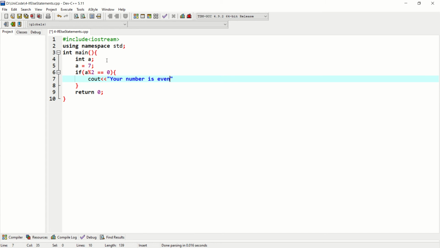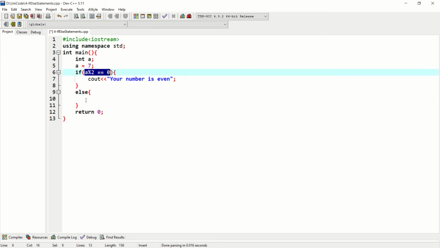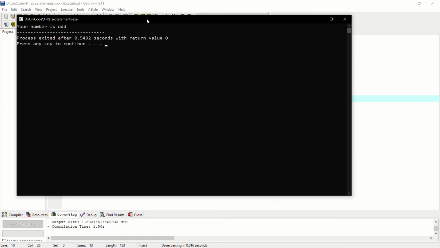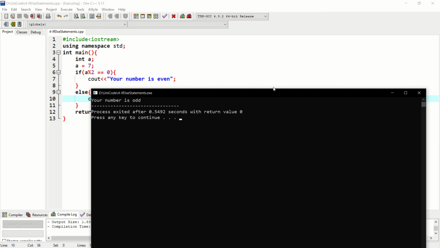Semicolon. Else. Else will come only when the first condition is false. So we don't have to write another condition over here. So in else we can write a cout, your number is odd. Okay, so if I run this program, you can see your number is odd